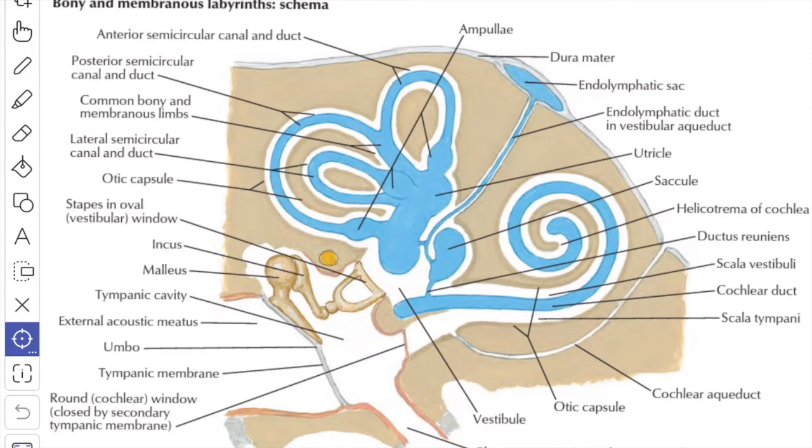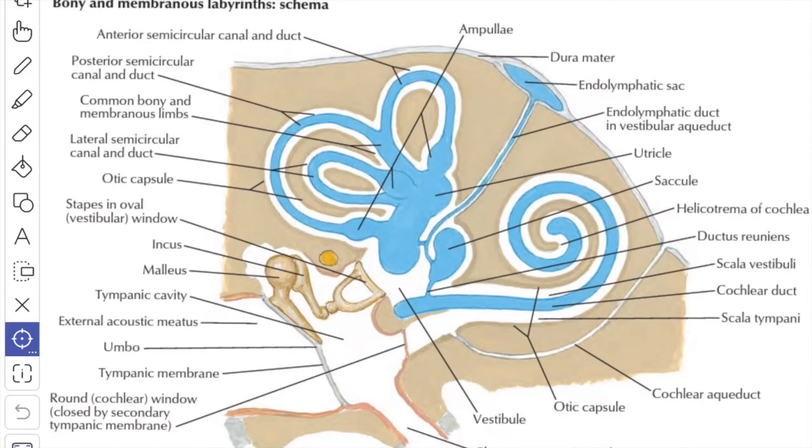The saccule is a globular membranous sac, and it is situated in the spherical recess of the vestibule. The saccule communicates in front with the cochlear duct by means of the ductus reuniens, and it is connected behind with the utricle by a Y-shaped utriculosaccular duct which forms a blind saccus endolymphaticus beneath the dura mater after passing through the aqueduct of the vestibule.